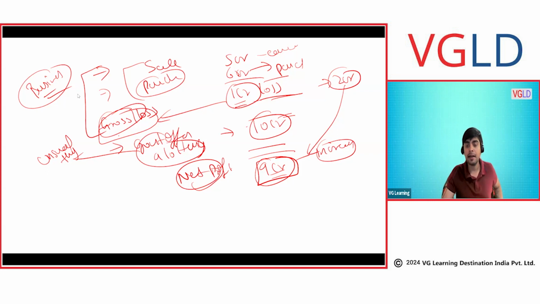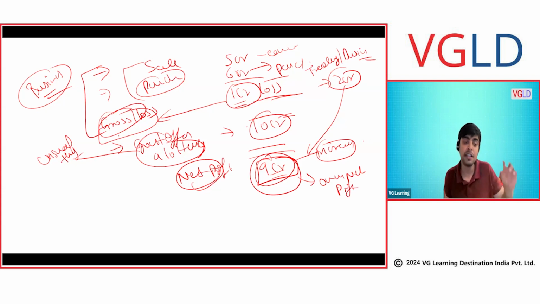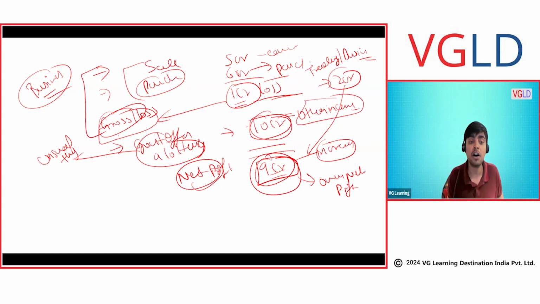Yes, Ritika, what I'm saying is this is your trading, your business. Trading is what? Your business loss or business income. This is your business loss or business income. This is your overall net profit, whether you earn from business or whether you earn from other sources. This was other income. This was other income. This was other income. And this was an extraordinary thing.